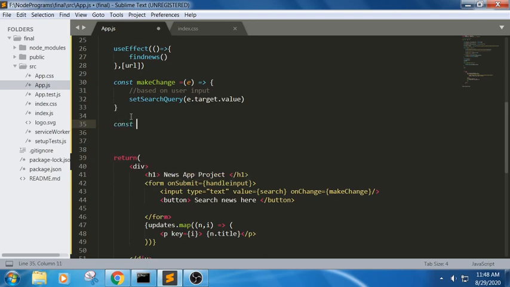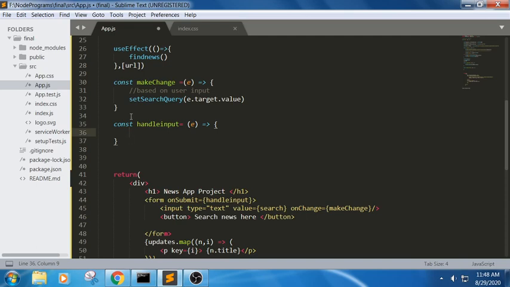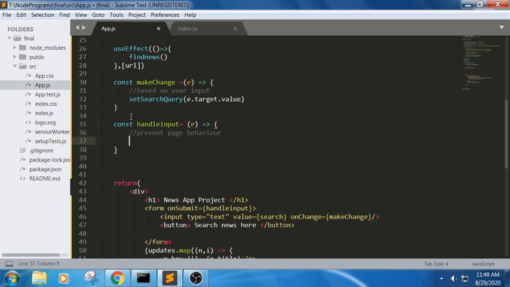So here const handleInput, we are trying to define an arrow function, in order to prevent the page reload behavior, we are trying to use event.preventDefault.